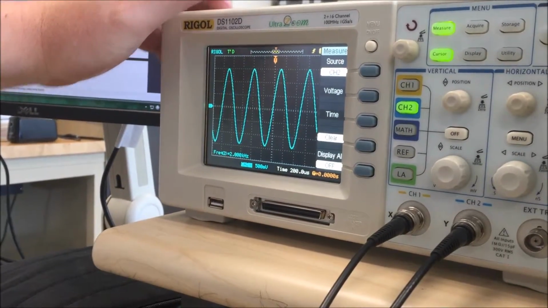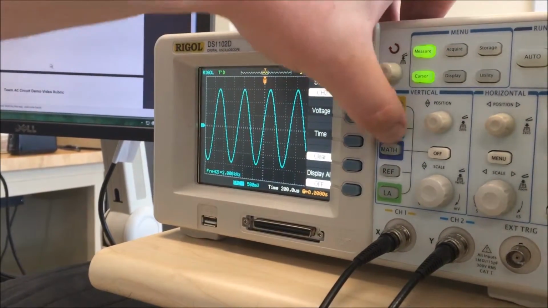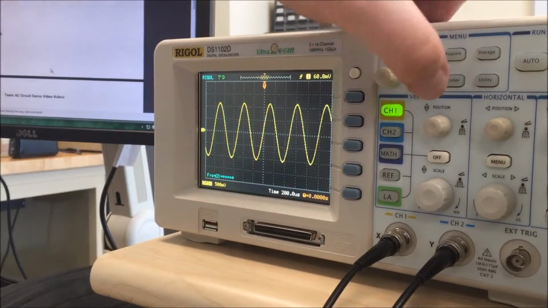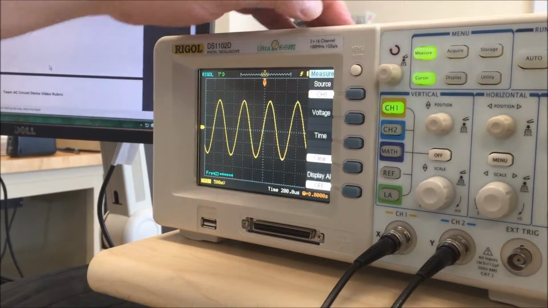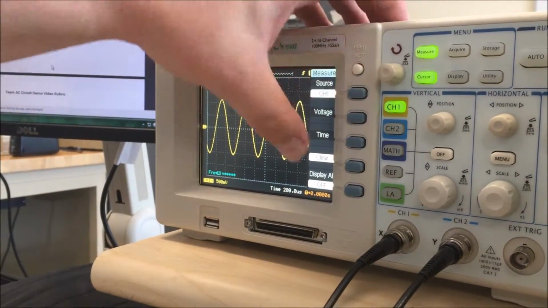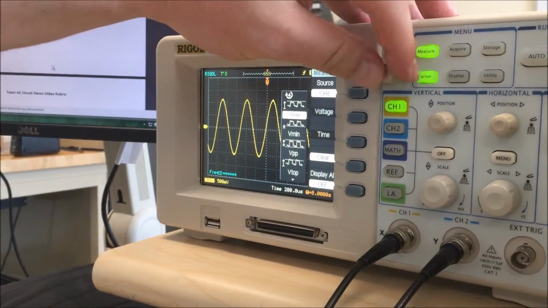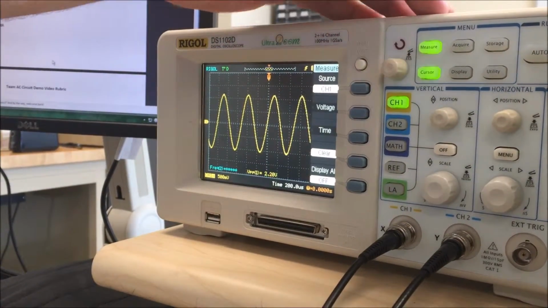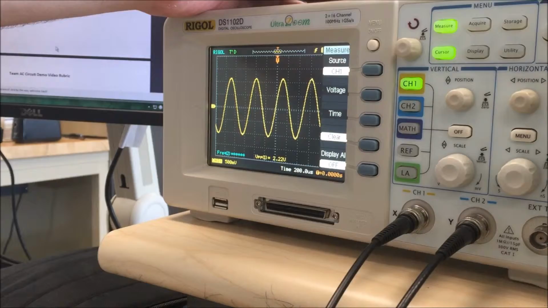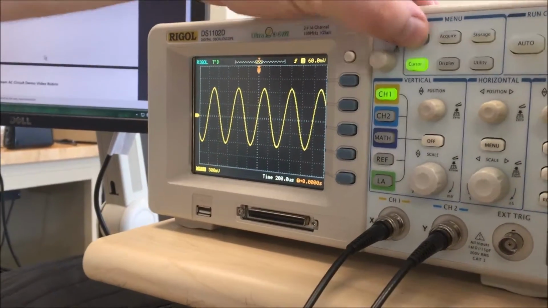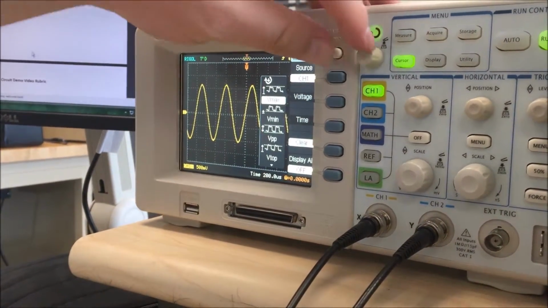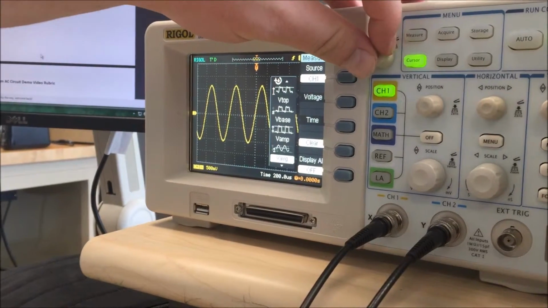Let's move on to the R2 measurement, which we'll go by channel 1. We're looking for peak to peak again here. We'll just go right here, 2.2. We're going to get the RMS. We'll come on down to here,